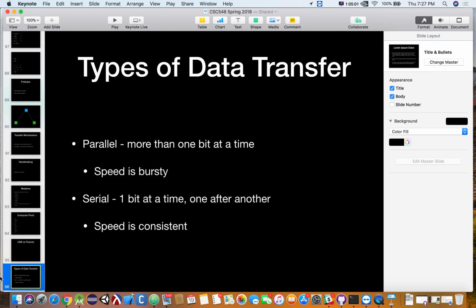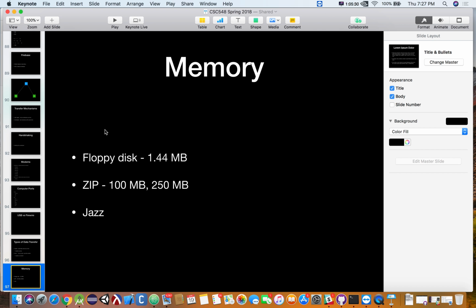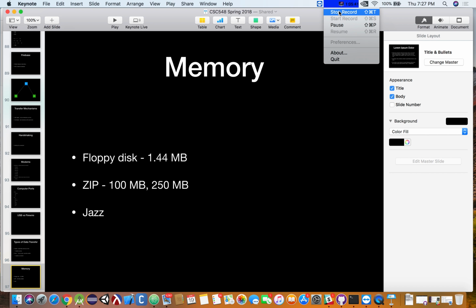But from our perspective, what we really care about here is how data is being transferred inside of computers. When is data being sent in parallel versus when is data being sent serially, and why? Why is it okay for one to be sent one way versus another? Make sense? All right, so let's take about a 10, 12-minute break. Walk around, do whatever, and then we'll come back and continue where we started. This is all good stuff that's not in the book, so it's good we talked about it. We'll come back and talk about memory and how it works in general, and then down to the specifics.